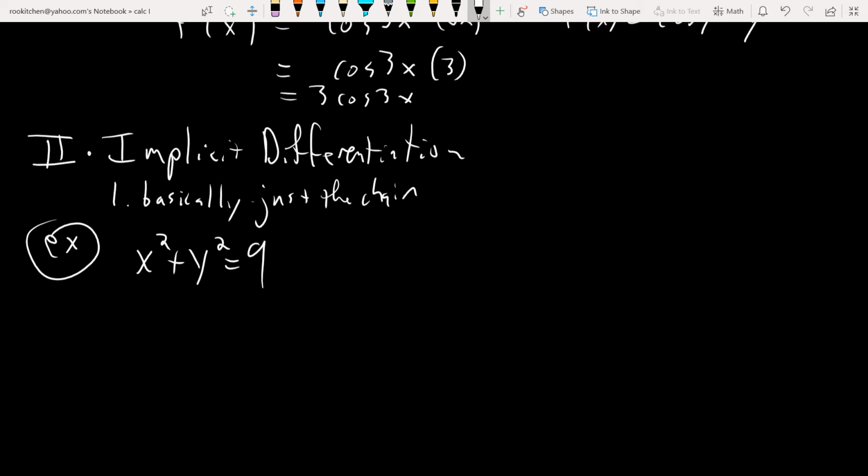We'll take a look at it. But right now, let's just try it. Okay, so what I'm going to do with this implicit differentiation, its differentiation is normal, so the derivative of x